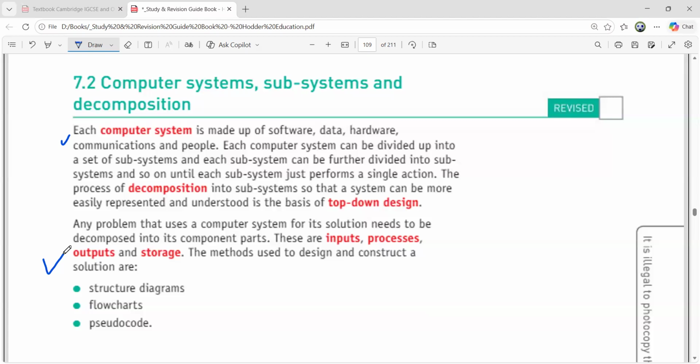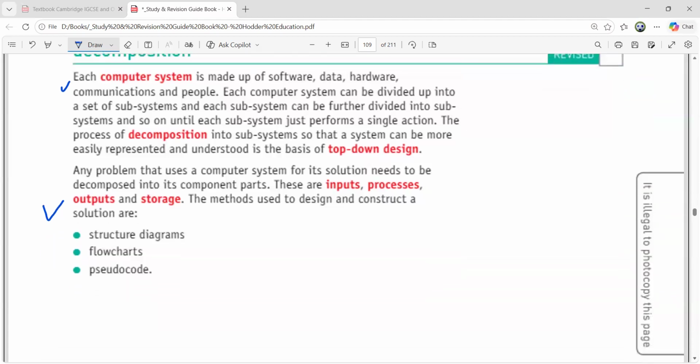So one question has come in one of our papers where we were asked what the stages of this decomposition are. So just be clear, you need to talk about how you will decompose into inputs, processes, outputs, and then storage. Clear to everyone? Now moving to the next one, and that is